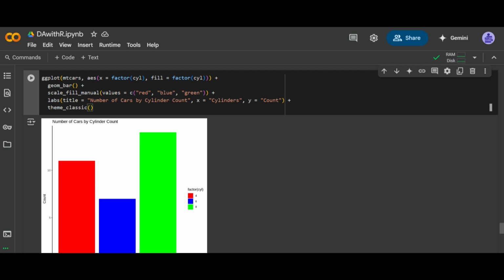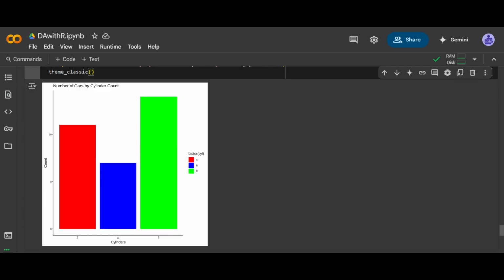And scale fill manual is used to define custom colors, whereas theme classic applies a simple classic theme to our bar chart. As we see in the output, there are 3 categories for the cylinders and all 3 of them are shown with different colors, and that appears more appealing and can be understood quite easily.